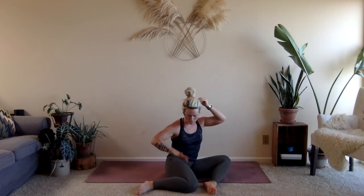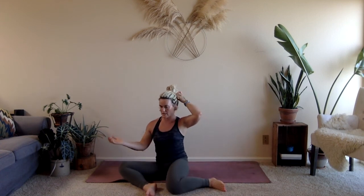And so try pinwheeling both of your knees down onto the earth, making a 90-degree angle, and then switch. And then just try rotating the knees to the right, to the left. And so what you're doing is you're switching between an internal and an external rotation in each of your hips. You should have a little bit more space in your hips after all the work that you have put in. And after you've done that a couple times,